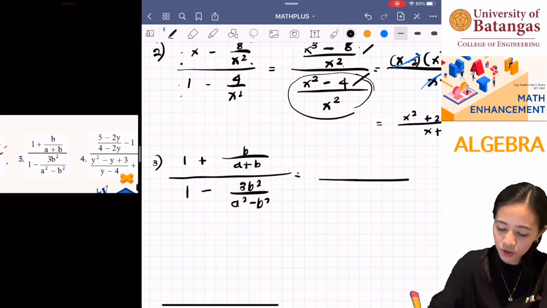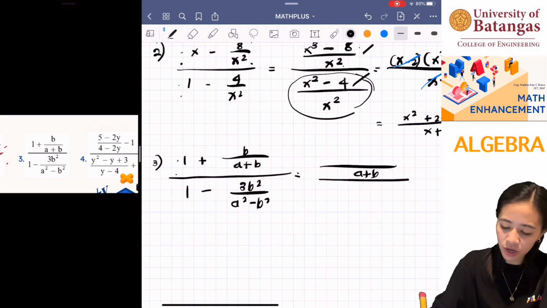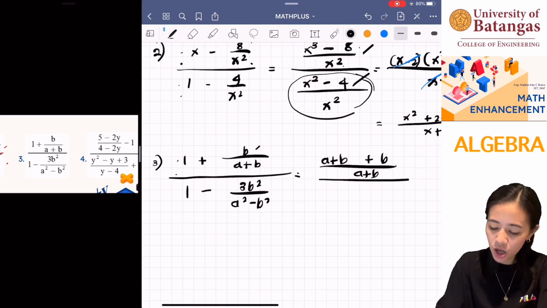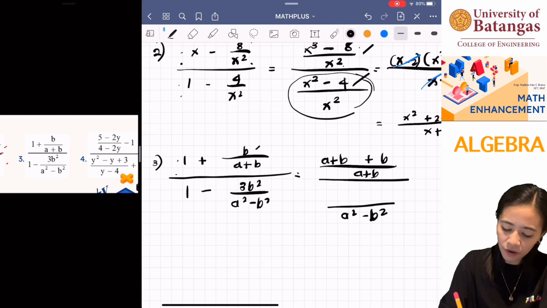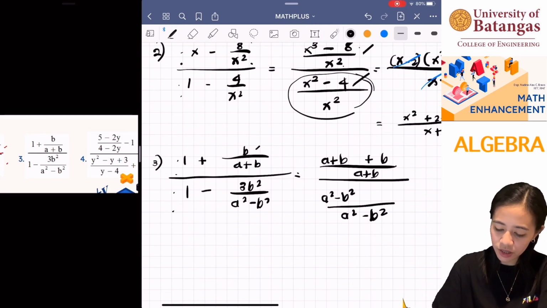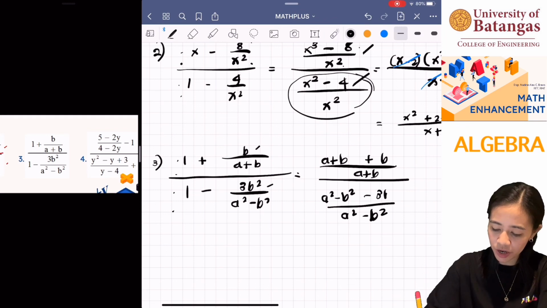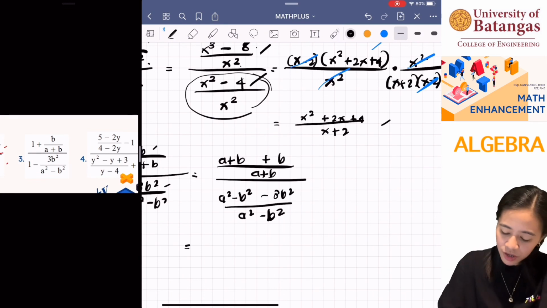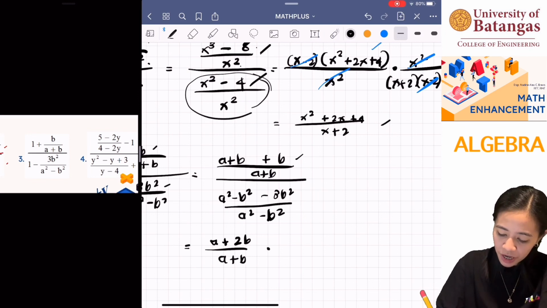Okay. So, obviously, you get a plus b here. Okay, a plus b, divide 1 times 1, still get a plus b. Plus, we simply copy this. Okay. All over, I'll have a squared minus b squared. So, divide 1 times 1. So, I'll just copy a squared minus b squared ulit. And then, copy this as minus 3b squared. Okay. And then, I'll proceed with a plus 2b, simplifying this, all over a plus b, multiplied by the reciprocal